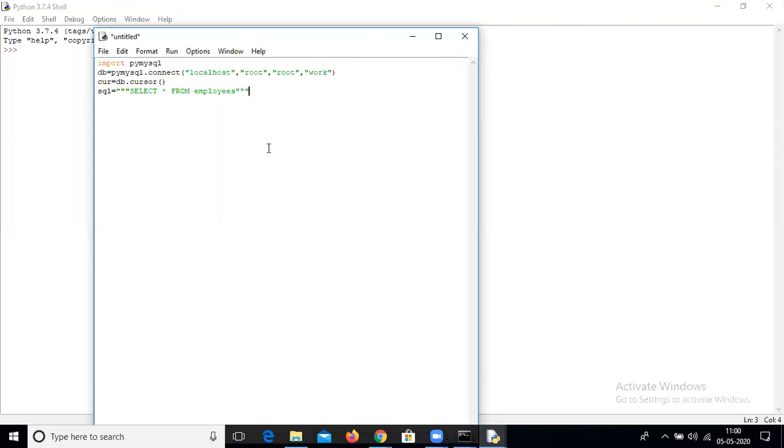After that the query is done. Now run it using try and except. If any exception is generated by the database, we have to handle it. To handle database exceptions, we use try and except. Now execute the query: cur.execute, and the query name is sql.